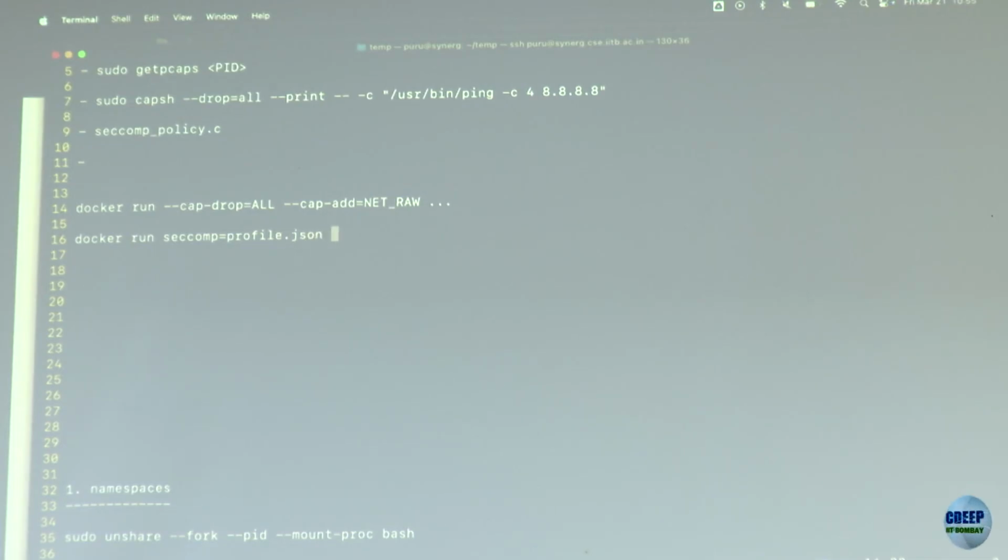Right. So there is another parameter with Docker run called seccomp, and you can specify a JSON file which encodes the listing of all the filters that you want to apply, right? And internally, that is a standard format specification. Docker can interpret that specification and convert it into the seccomp policy program that we were trying to use as a dummy